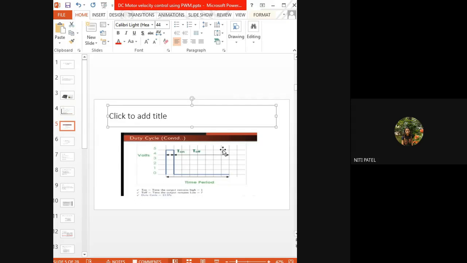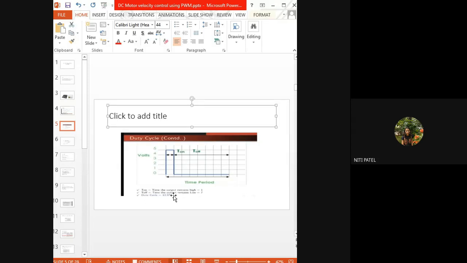How much is the volt? 0 to 5 volts है. 0, 1, 2, 3, 4, 5 volts that you can see in the diagram. Now, how will you calculate duty cycle? Duty cycle is T on plus T off divided by T on, and then for taking out the percentage, multiplying into 100. So what you will do is 1 plus 7 divided by 1 into 100. So that comes to be 12.5%. So that is the duty cycle. Okay. See, you don't have to do all this calculation. This is just to understand how the duty cycle is calculated.